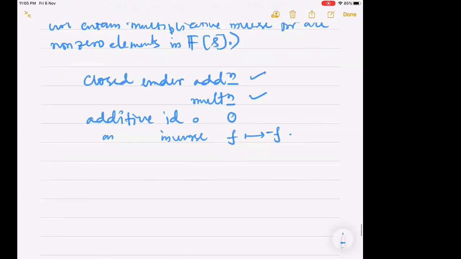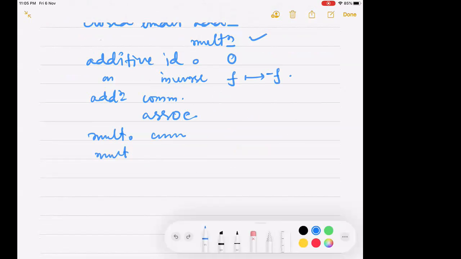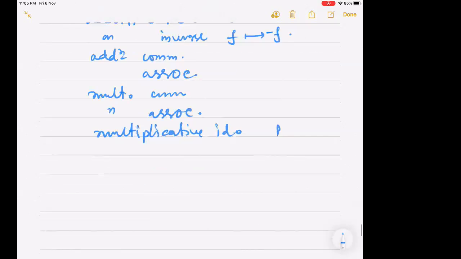Then addition is commutative, associative. Multiplication is commutative, and multiplication is also associative. There is a multiplicative identity, namely 1,